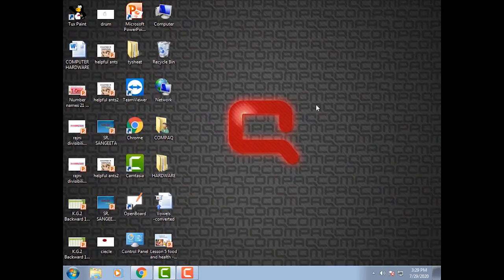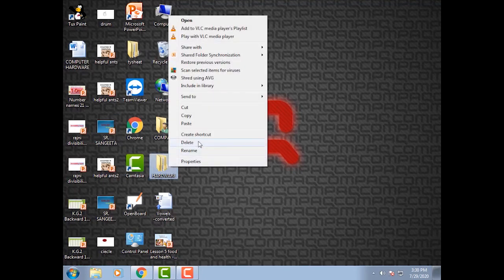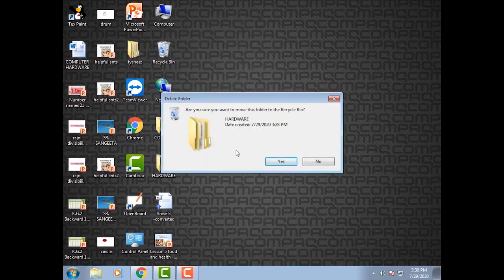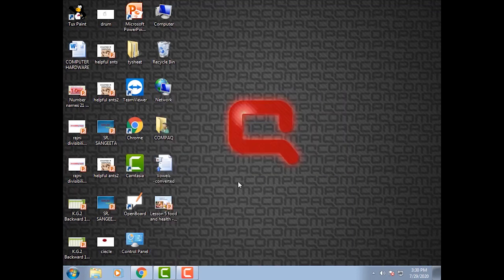Now let us know about the recycle bin. This is the icon of the recycle bin. What is the use of the recycle bin? If we delete any items, they will be stored in the recycle bin. We will do the practical now. Suppose we select this folder and delete it. How will you delete the folder? Select the folder, right click of the mouse and click on the delete button. From this pop-up menu we have to select the delete button. It will ask you whether you want to delete it, yes or no. Yes, I want to delete. Now your folder is deleted.